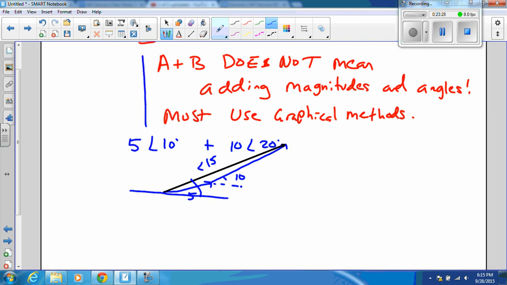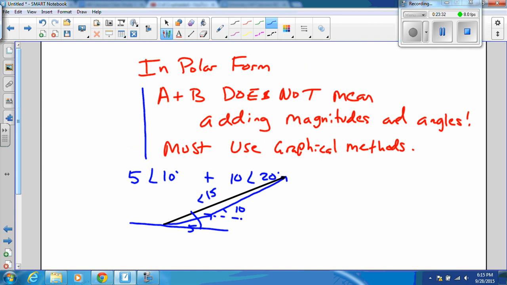And likewise, the angle that I measure right here is not going to be 30 degrees because I did not take the angle of this one and add it to the angle of the other there. So please understand that when I am dealing with vectors in polar form, I cannot just go adding magnitudes and angles. That will get me the wrong answer almost every time. The only